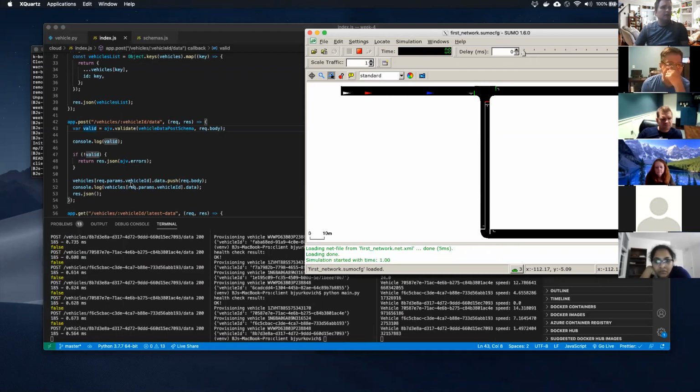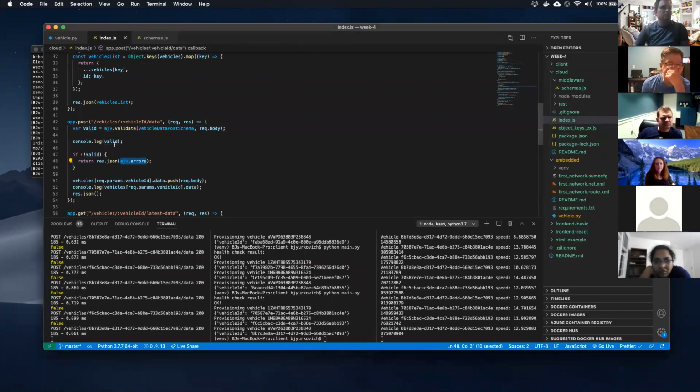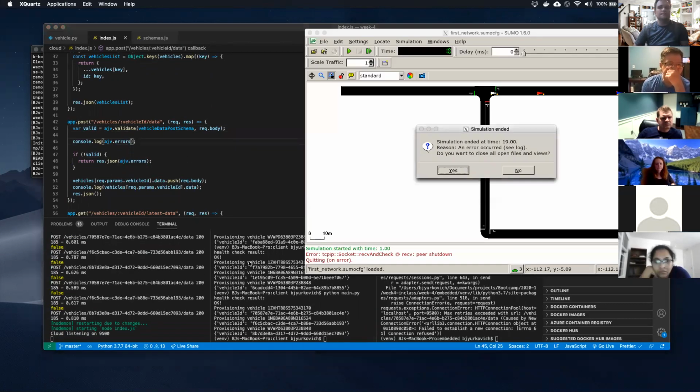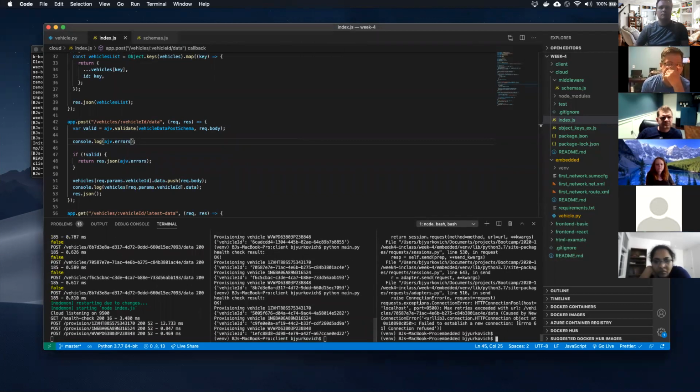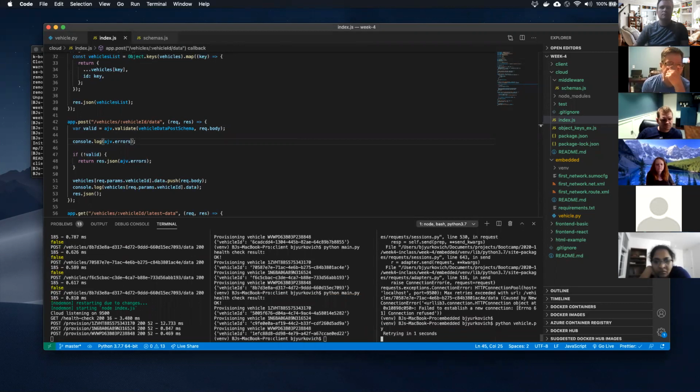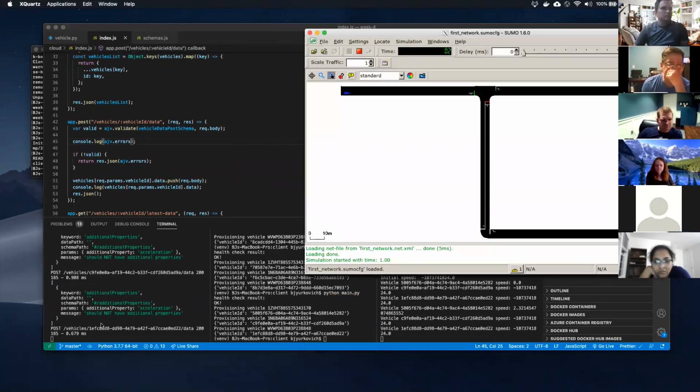And it is not valid. Let's see what the errors are. It says it should not have additional properties, which is what we expect, right?